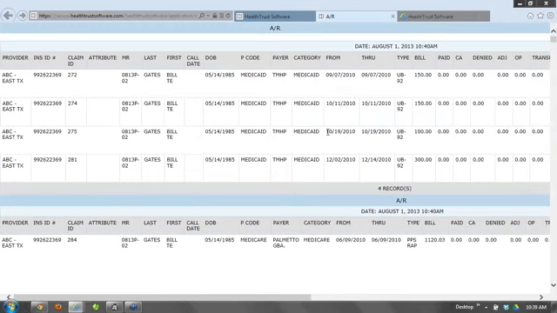And that would give me my collections process. And so I see here now I have it broken out. If I was to print this, I'd have multiple pages. One for